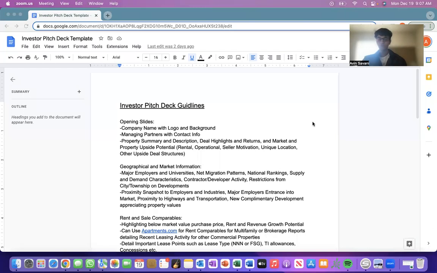I would suggest, if you are planning to raise capital, that you use some type of software or a custom portal for your investors to sign up on, to walk them through all of the agreements that have to take place. There's the PPM, which is the private placement memorandum, then you have the LPA, the limited partnership agreement, and then the operating agreement as well.